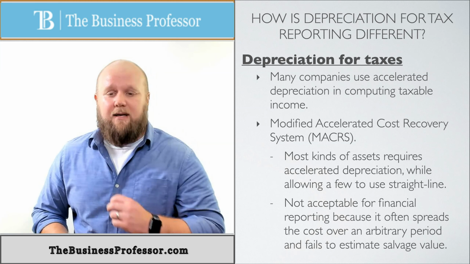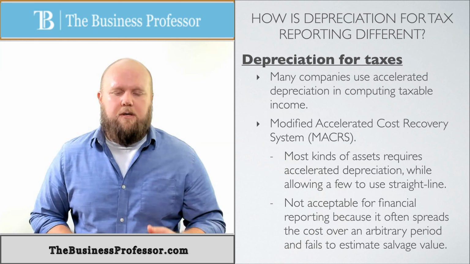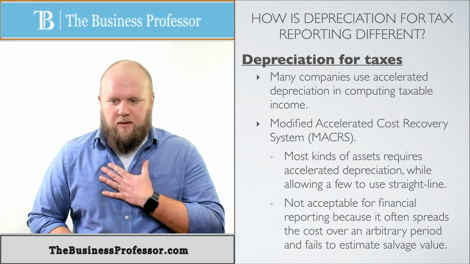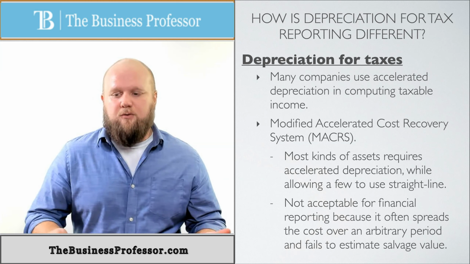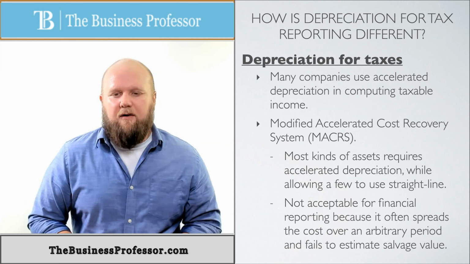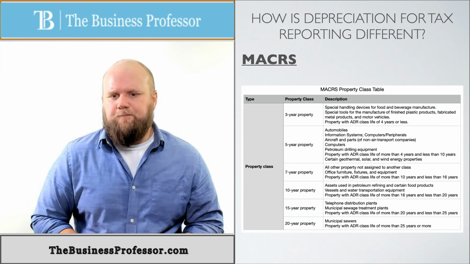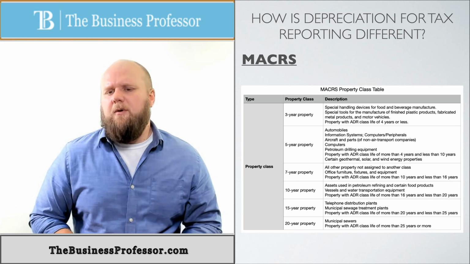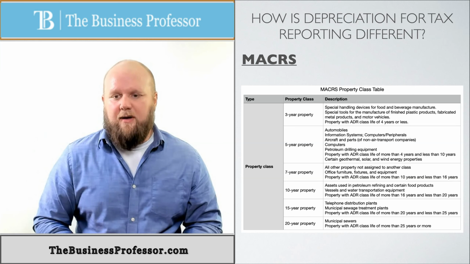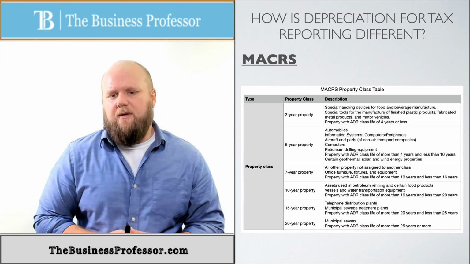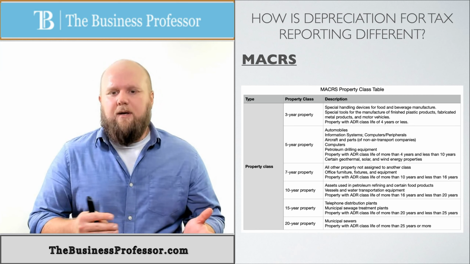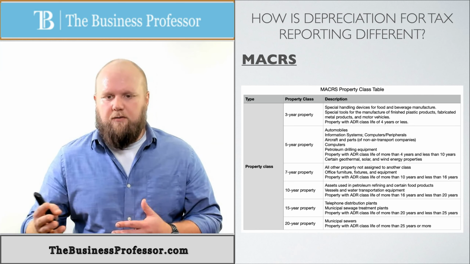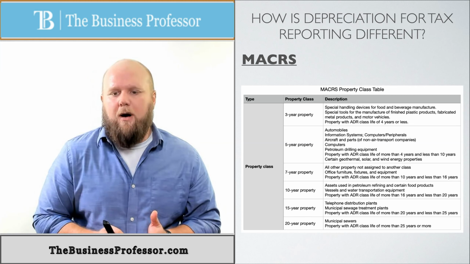Now, how do we use MACRS? Well, first we have to figure out what our period is. It's not what we choose. We look at a schedule, a table, and find out what it is. And this is what the table looks like: 3-year, 5-year, 7-year, 10-year, 15-year, and there are other properties in there, but these are the most common ones. You just find out what you're looking for. So if you have a computer, you look and see it's 5-year property. I know that I'm going to depreciate this as a 5-year property.